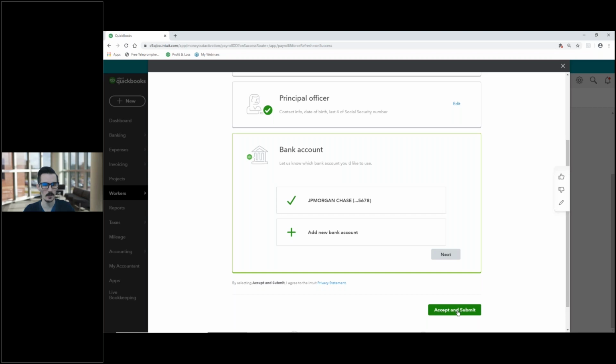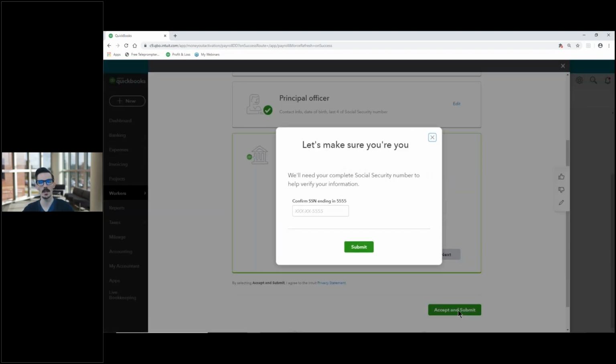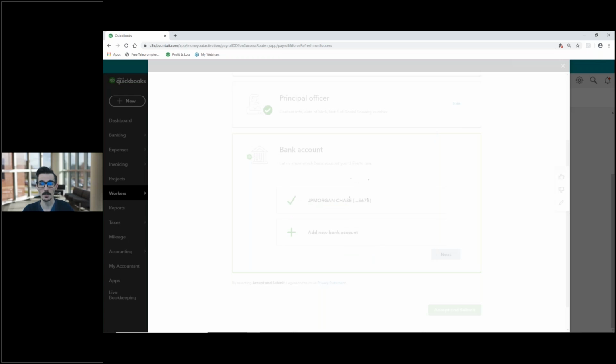Now let's do accept and submit, and then it's going to take a couple of days. Oh, come on. I have to confirm my... I think I got too many numbers in there. Yep. Come on. This is going to take a day or two to go through and actually submit is correct,